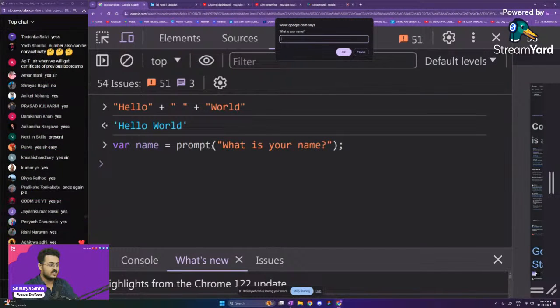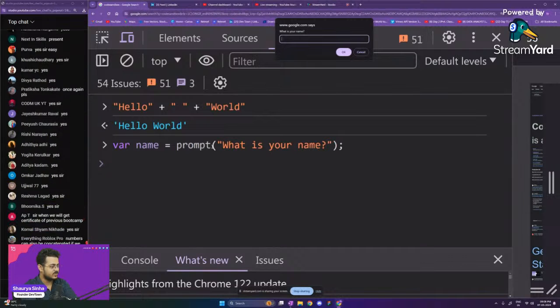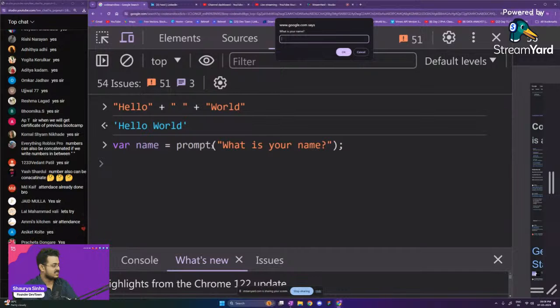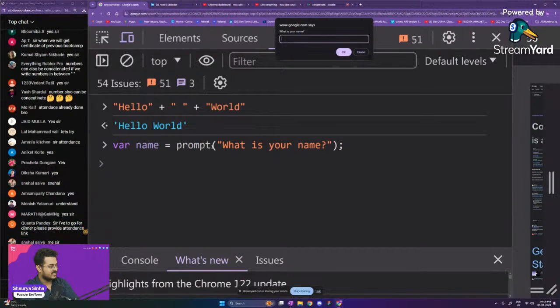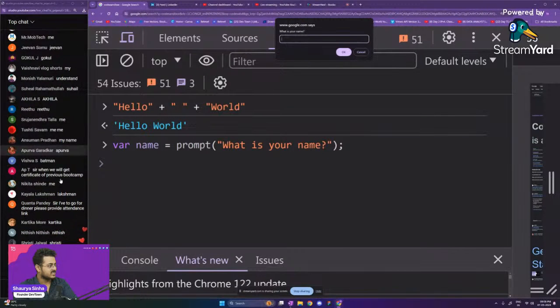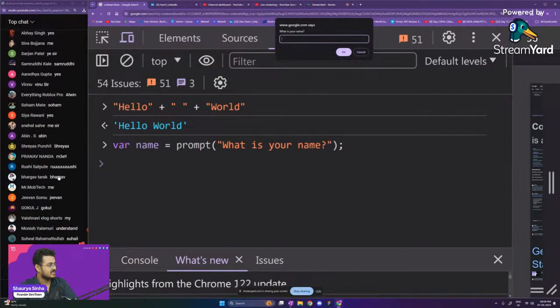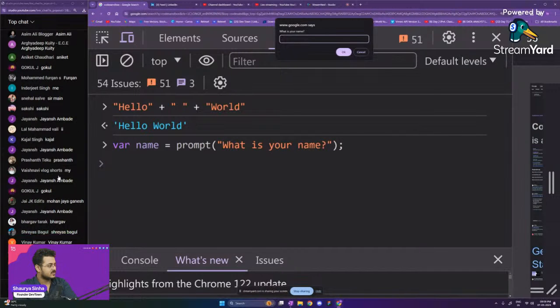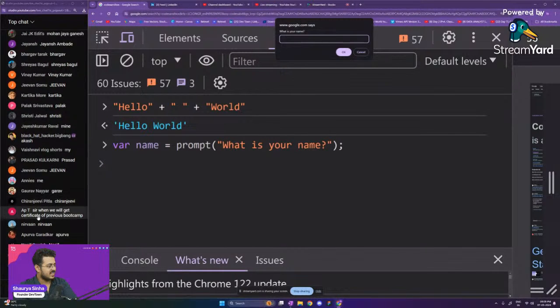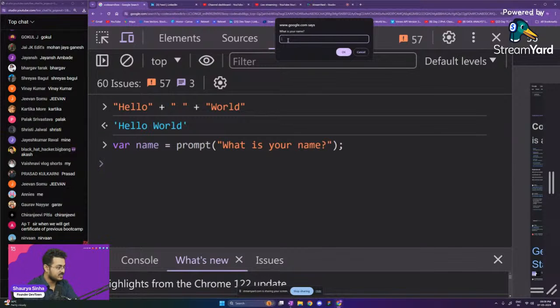So I need another volunteer to provide me with their name. Anybody who would like to provide their name as an experimentation? Anybody? Let me see. I'm able to remember somebody from the previous bootcamp. Okay, let's take up. I like this particular name, Chiranjeevi. Let's take up Chiranjeevi itself. Chiranjeevi. Okay, so I've provided the name.